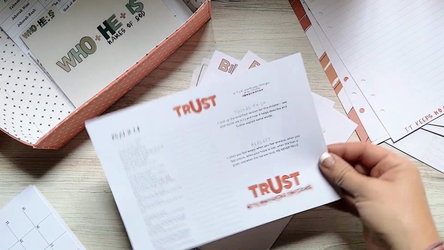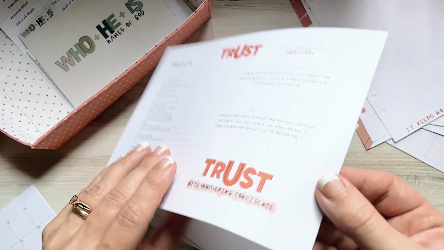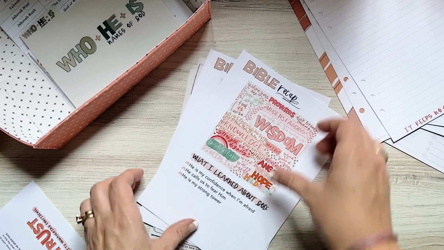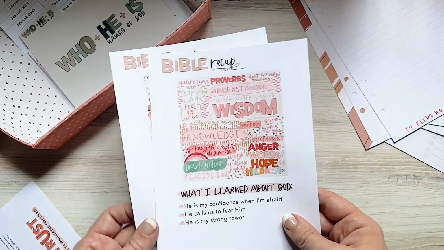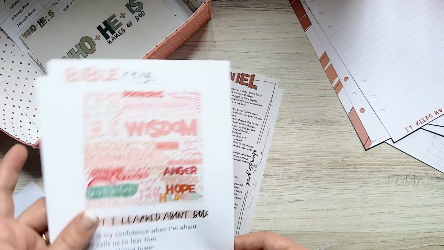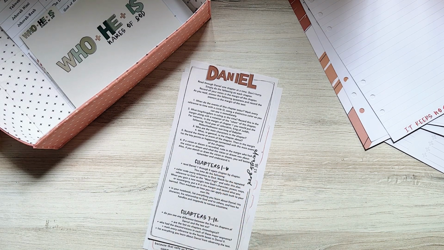And then we have Trust on Psalm 28 for our mini Bible study. And then there's part of the verse on the back. And then we've got our recaps for Proverbs and 2 Kings. You have the A5 version, and then also you have it just separate and a little bit bigger. And then for bookmarks, we have